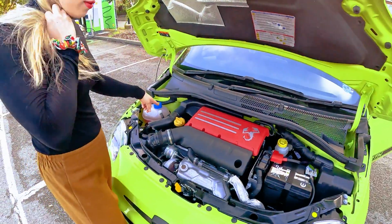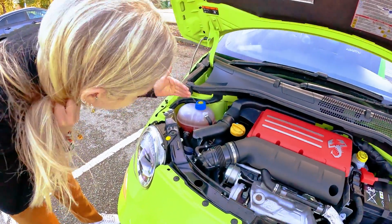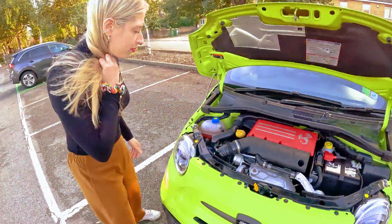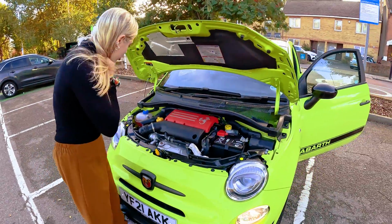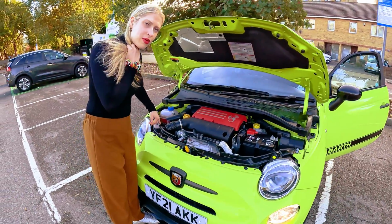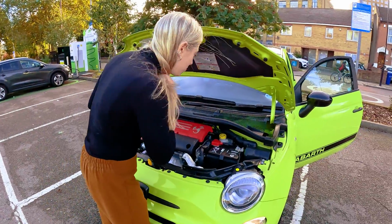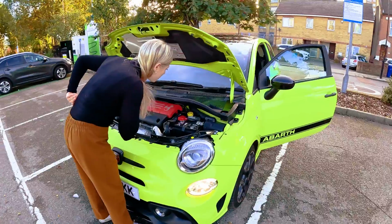This one? Yes. Same thing here, define min max. We are perfectly in the middle. No need to top up. Then we have, this is the windscreen wiper liquid. But they won't ask you that question. You know, but you can always learn some additional facts. Then we have